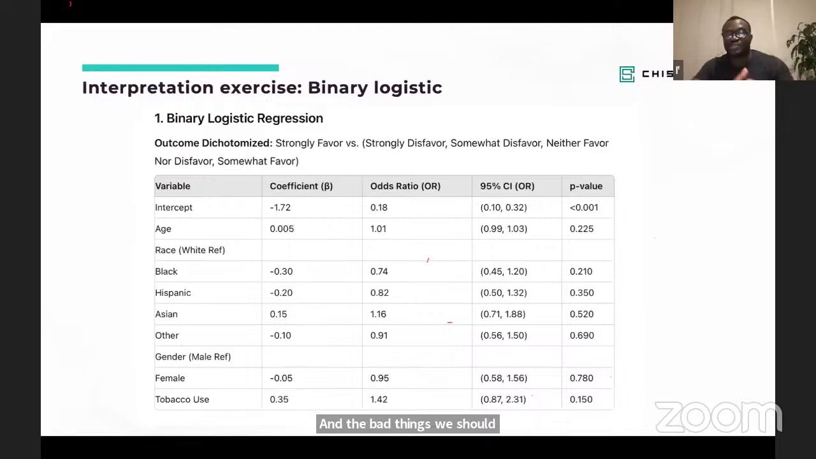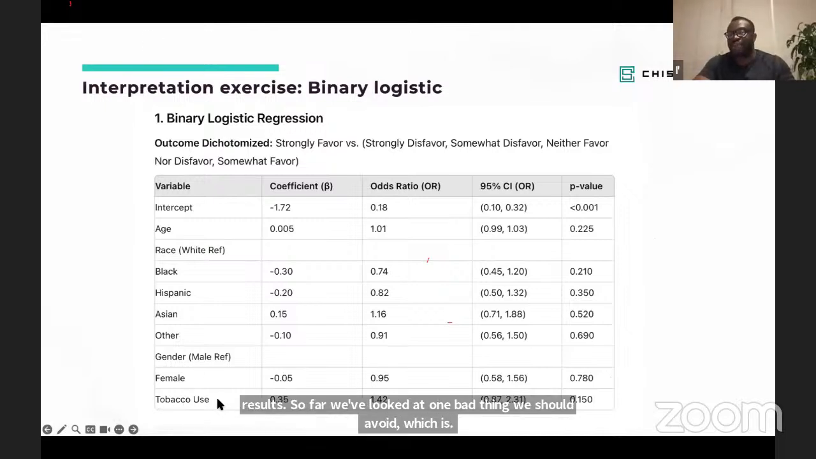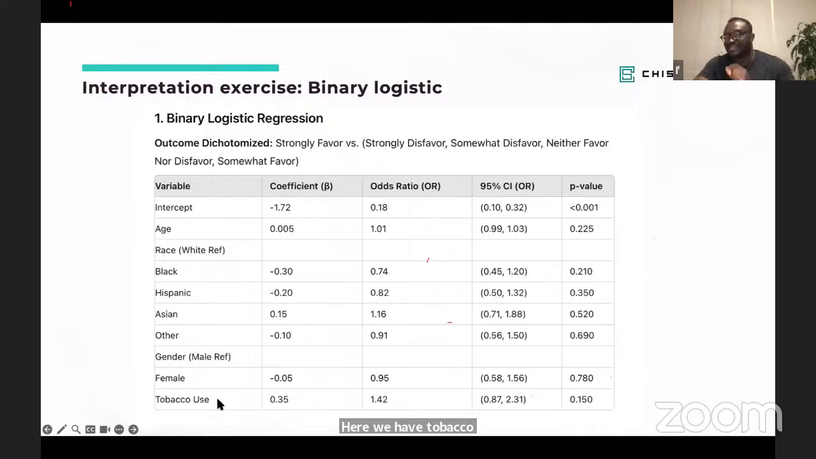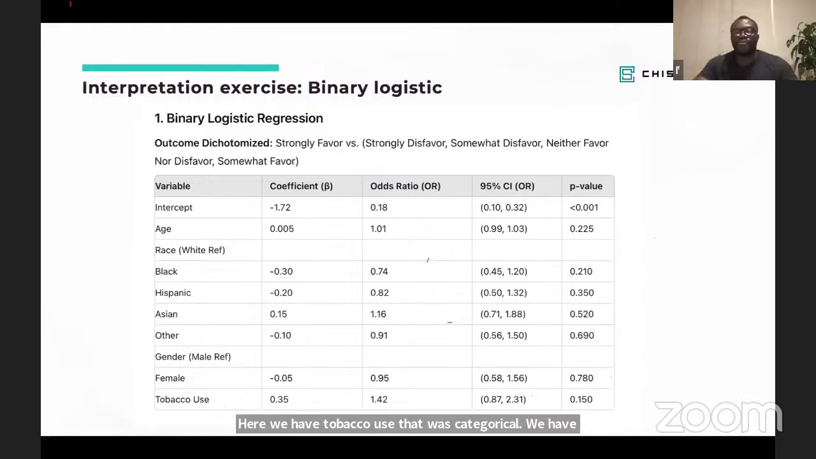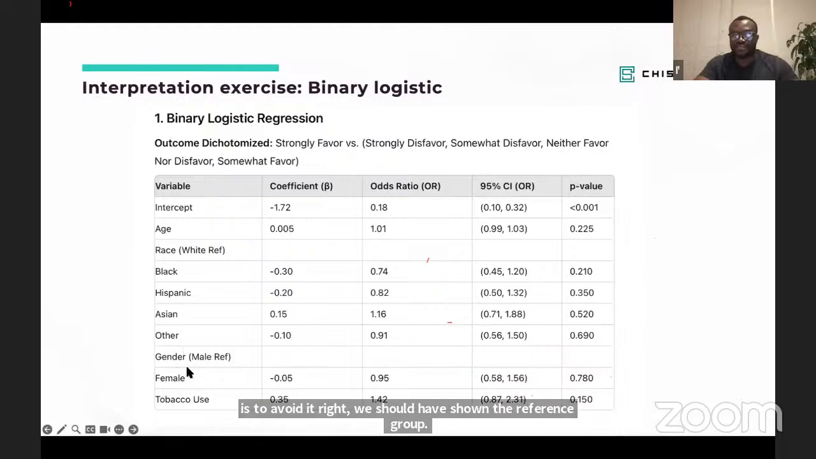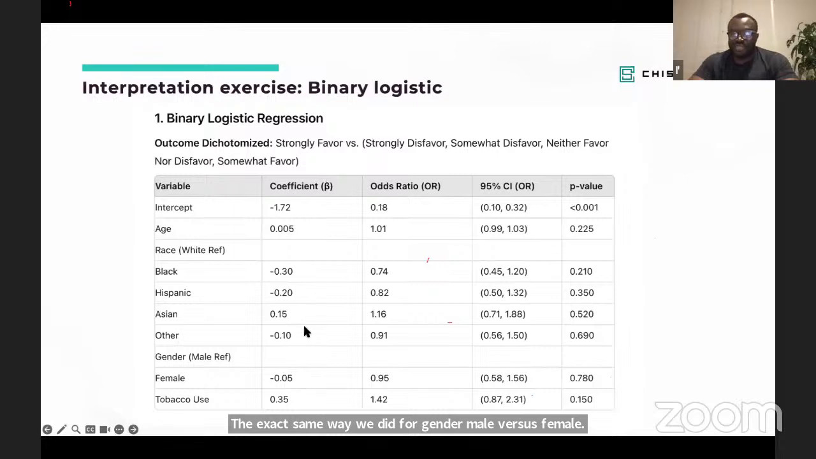So far we've looked at one bad thing we should avoid: tobacco use was a categorical variable, and we failed to show the reference group. That is a bad thing. We should have shown the reference group the exact same way we did for gender, male versus female. Now, the next column here is the coefficient. Ideally, you don't have to show the coefficient, but I included it so that we can see and avoid a